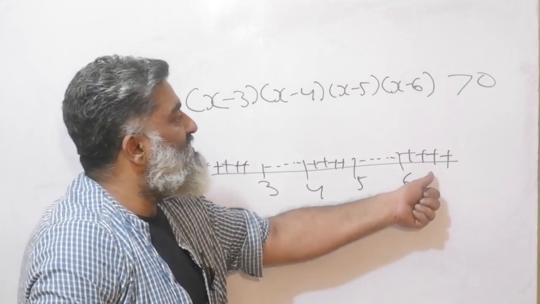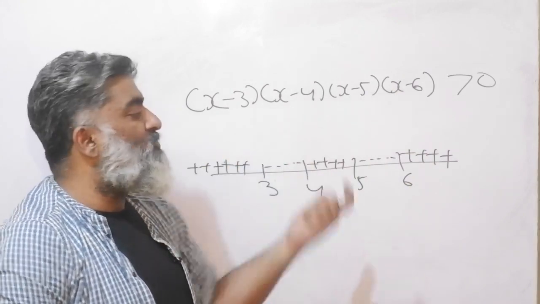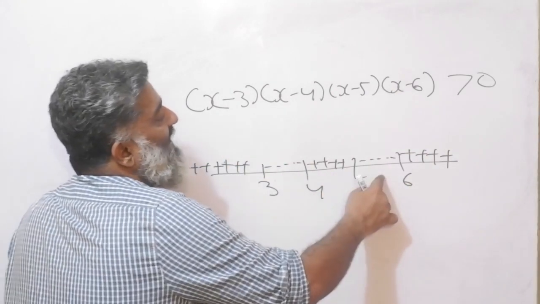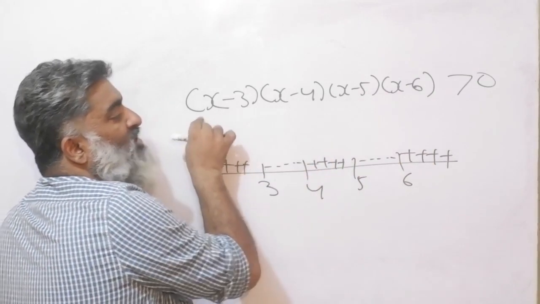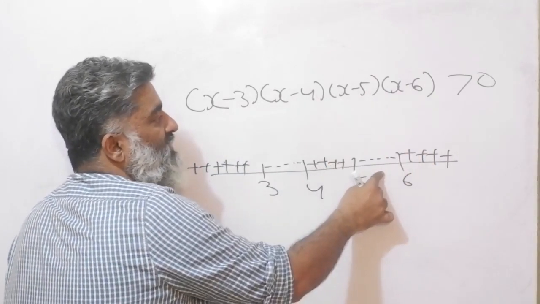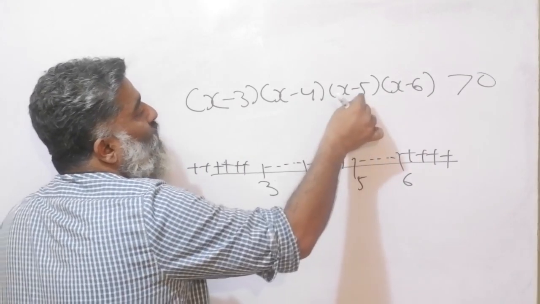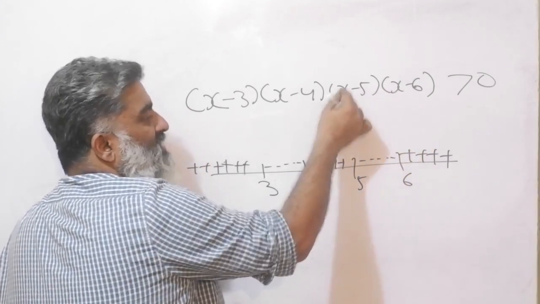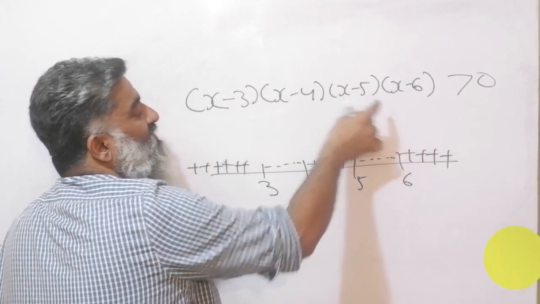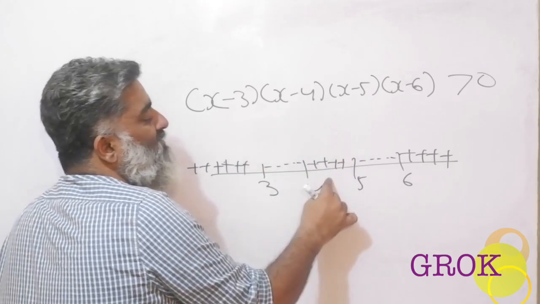Check. If you put a 7, positive, positive, positive, positive, everything is positive, no problem at all. If you put a 5.5, this will become negative, everything else will be positive. Positive into negative will give you a negative, right? We become faster. If you put 4.5, this will be negative, this will be negative, but this will give you a positive number. A negative into negative will make it positive. 4.5 minus 4 negative, 4.5 minus 3 positive, overall result positive.